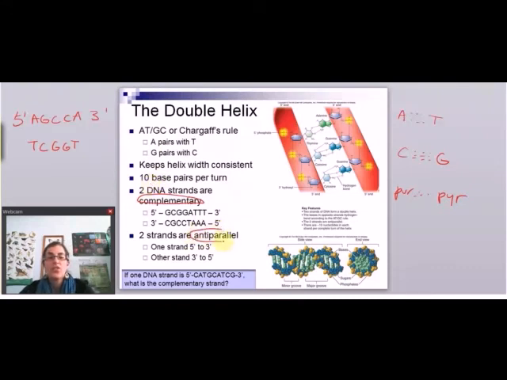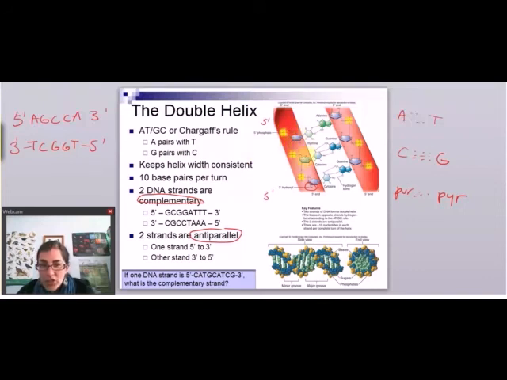The strands are also anti-parallel. That means they have to run in opposite directions. So remember we said earlier that there's 5' and 3' ends. So they have to have opposite ends. If this is the 5' end on this strand, the matching strand must be the 3' end. And if this is the 3' end of the first strand, the matching strand must have the 5' end in that position. So if we look at this diagram, notice this is a 5' end, and this is a 3' end. So I see that free 3' end and a free 5' end.